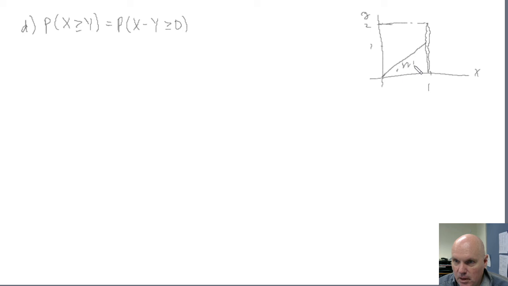So again, we're interested in the volume under the f(x,y) surface above this wedge. Okay, so this is the y equal x line,